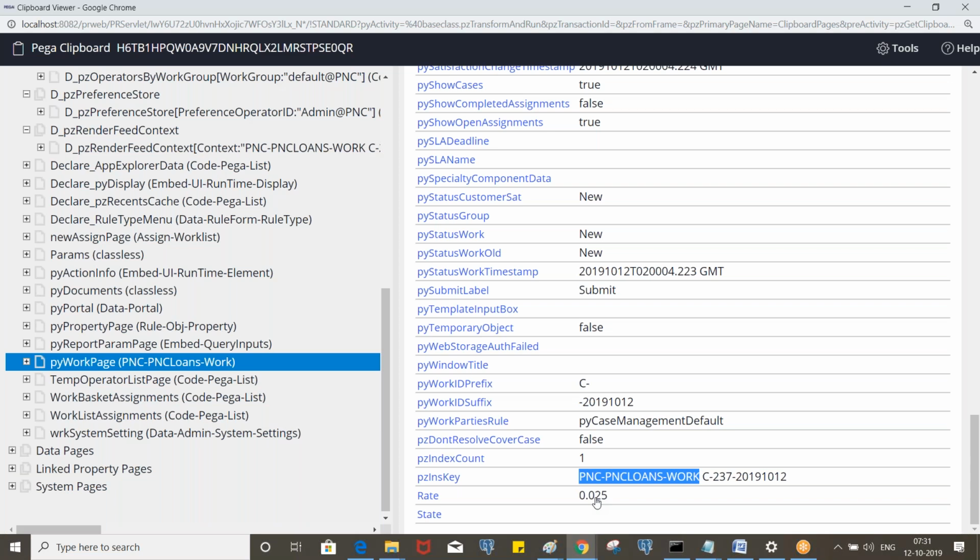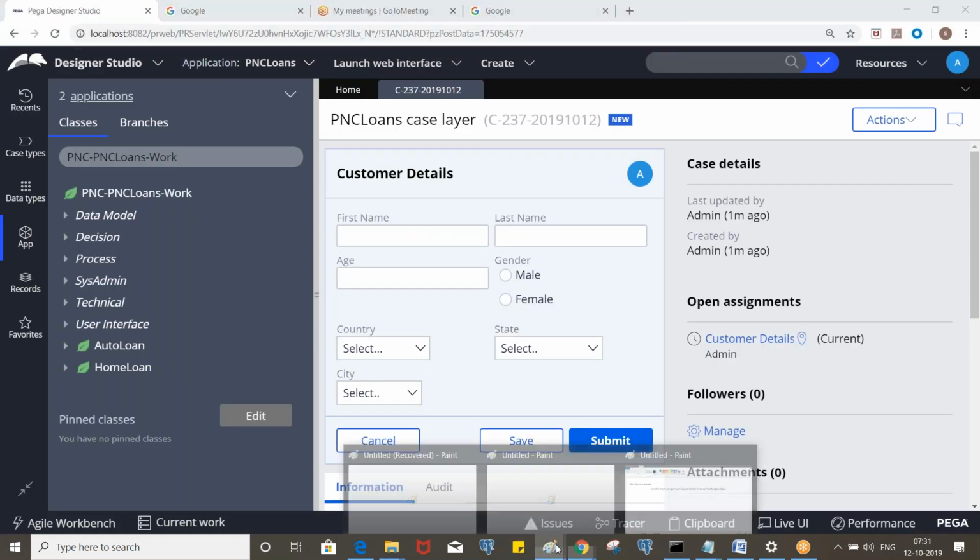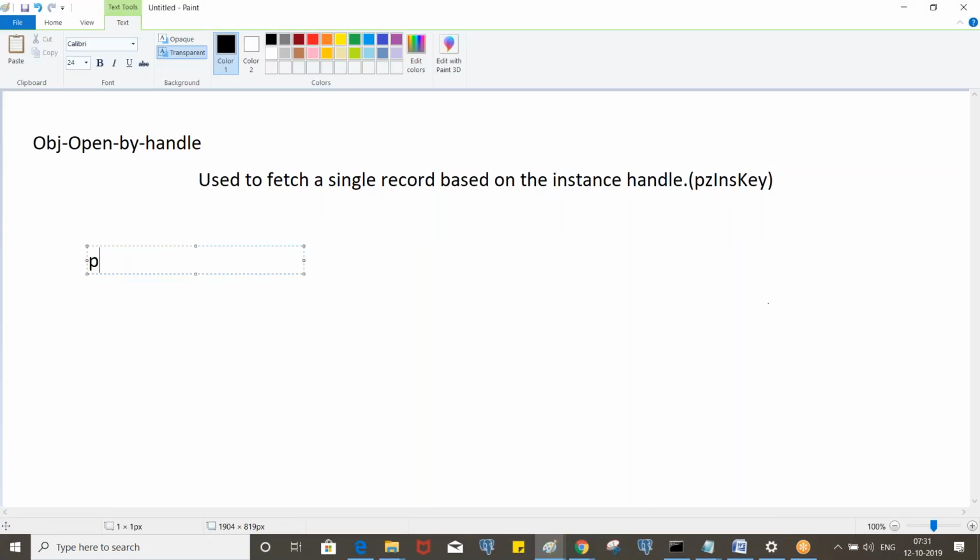We have a lot of internal classes. If you go to any class, you will see the primary key value and the instance class. So pzInsKey is nothing but the instance class, then a single space, and then the primary key value, not the primary key, the primary key value.